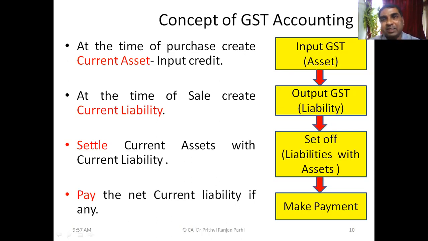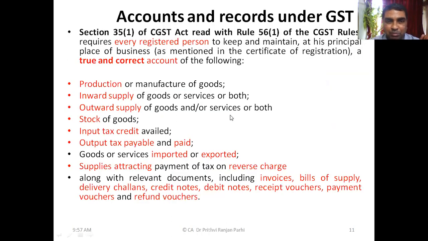Whenever there is an inward supply, one current asset in the form of ITC is generated. As you have seen, ITC can be in the form of CGST, SGST, IGST, or even in the form of cess. Similarly, when outward supply is made, credits are available in CGST, IGST, SGST, and cess. These credits need to be set off against the liabilities, and the final amount has to be paid through electronic cash ledger. This concept we had discussed earlier.